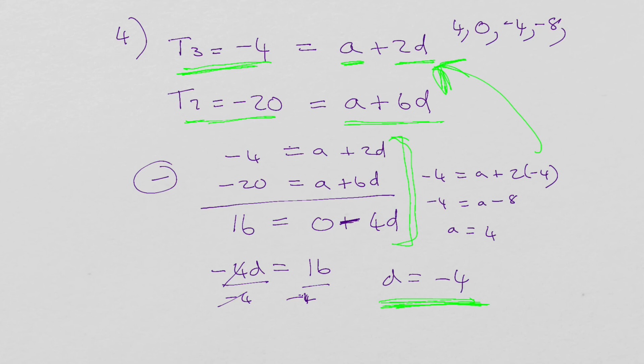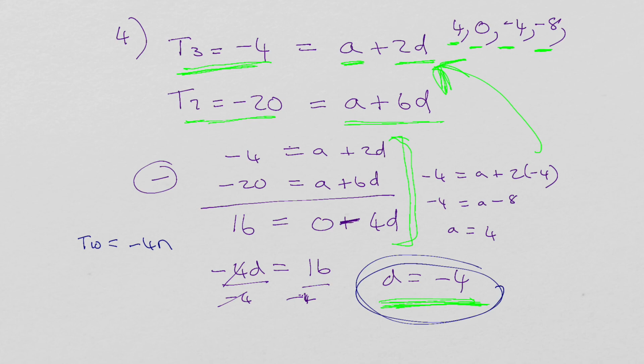So then I know that my first term is 4, because a is 4, and then I know that d is minus 4, so my second term is 0, third term is minus 4, fourth term is minus 8, and it asks you to determine the 10th term. So to determine the 10th term, you can go t10, and you could just keep on taking away 4s, or you could make this the actual formula, which is better. So the formula says to you minus 4 times n, because the difference here was minus 4, and